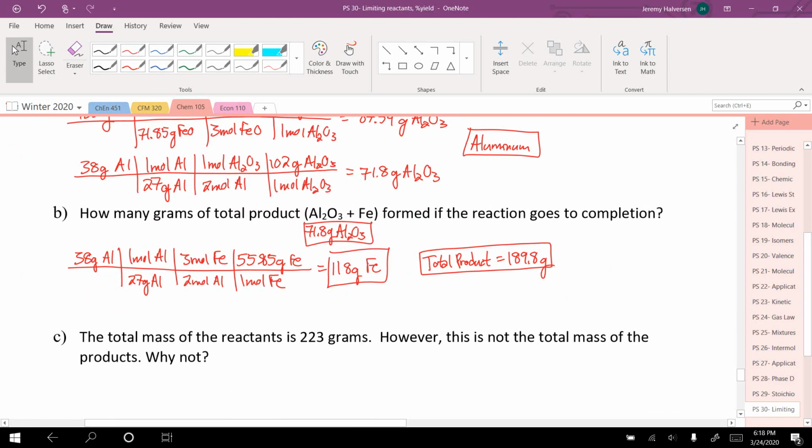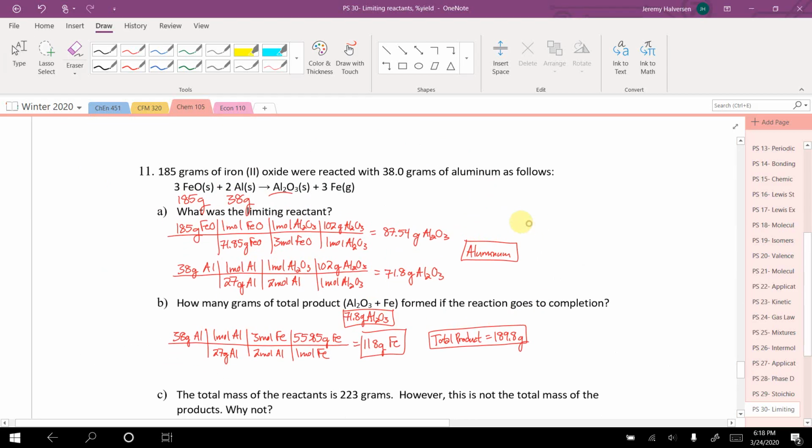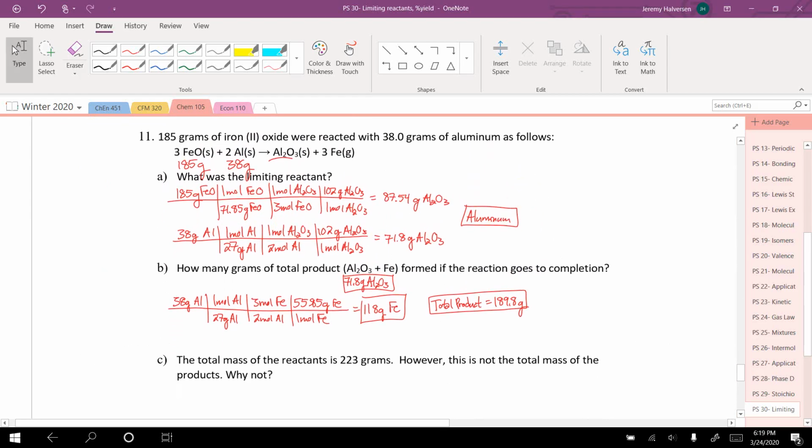All right, the total mass of the reactants is 223. However, this is not the total mass of the products. Why not? So what this is getting at is the law of conservation of mass, right? We say, based on the law of conservation of mass,